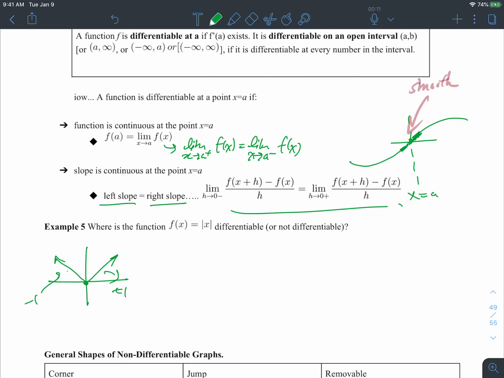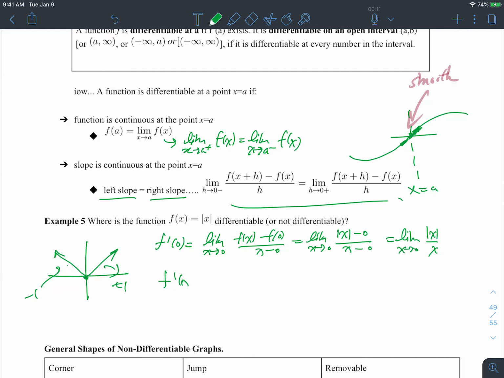Okay. But we need to be a little bit more rigorous, right? So what is f prime of 0? That's basically the limit as x goes towards 0 of f of x minus f of 0 over x minus 0. When you plug in the values, that becomes the absolute value of x minus 0 over x minus 0. Is that not the limit as x goes to 0 of absolute value of x over x? Wait a minute. That's the signum function, right? What that means is that,